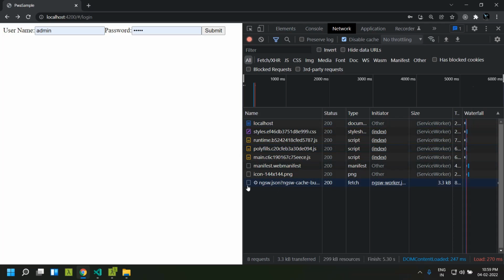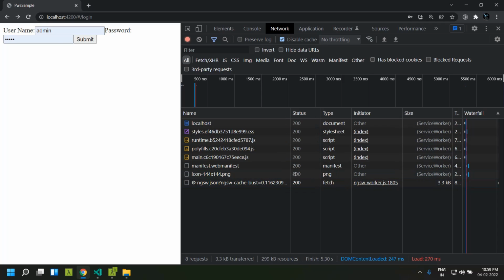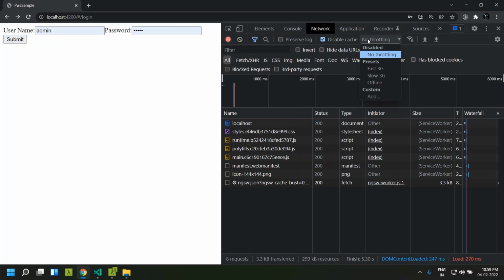Another thing you can see here is that there is a call to get the ngsw.json with the cache bust as a query parameter. So what it does is it is trying to check the latest version, fetch the ngsw JSON and check whether any change has been made to this file after the current build. So in case any latest change has been made, it will try to fetch the latest and install the needed files. In case we are going to the offline mode,